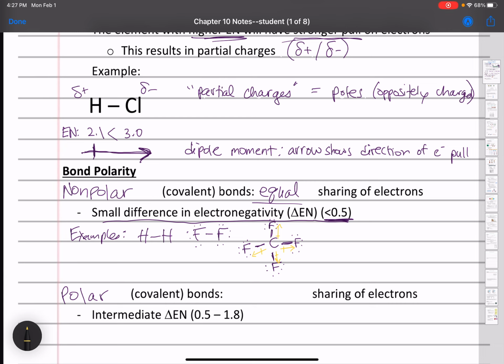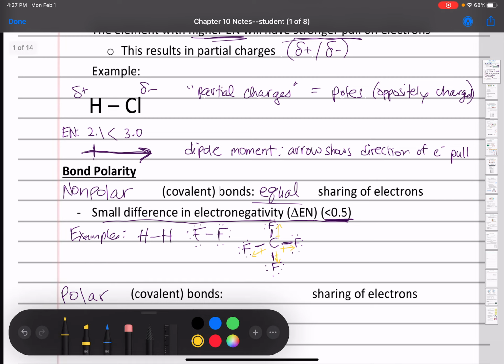cancel each other out. Another way to think about it is that all ends of the molecule are sort of negatively charged. So when you have that kind of symmetry in a symmetrical molecule, the fact that there are polar bonds, the whole molecule itself ends up being nonpolar. Another classic example